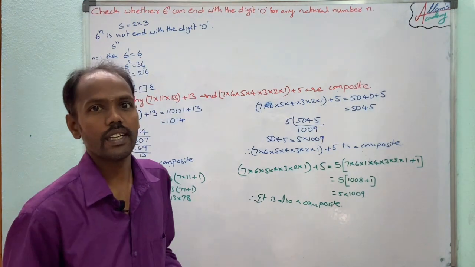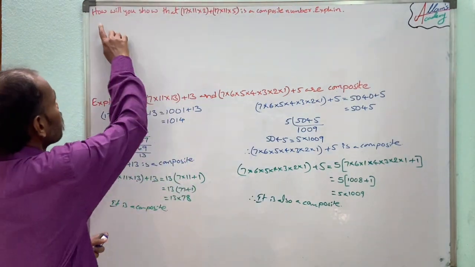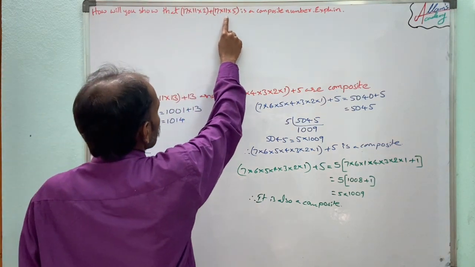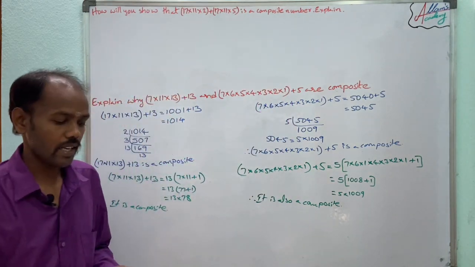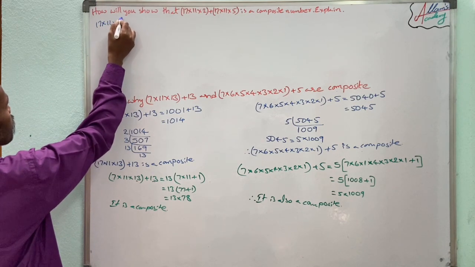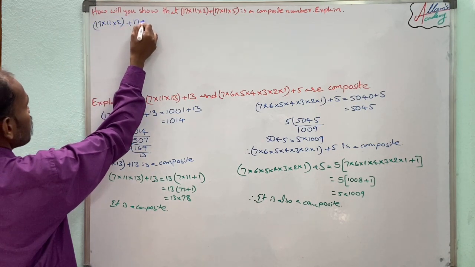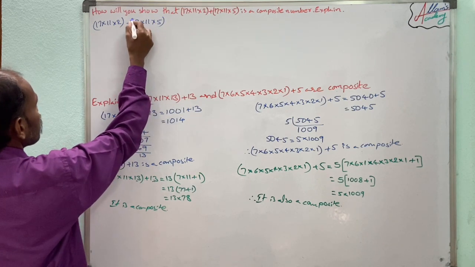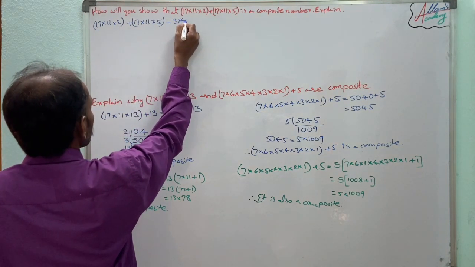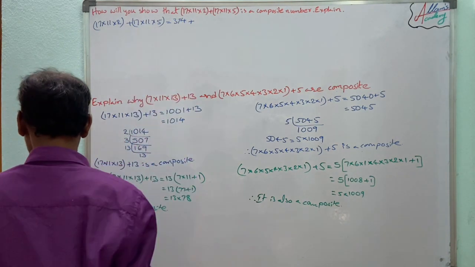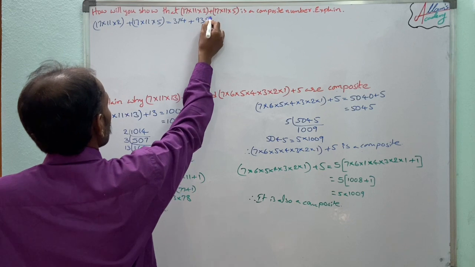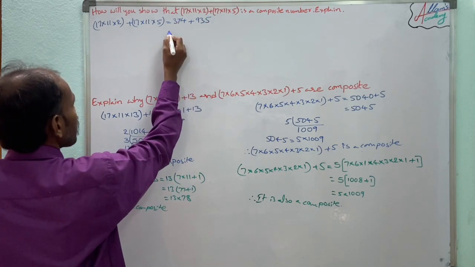Okay, now we see another problem. Here is another problem: how will you show that 17 into 11 into 2 plus 17 into 11 into 5 is a composite number? Explain. The product of 17 into 11 into 2 is 374. The product of 17 into 11 into 5 is 935. The addition of 374 and 935 is